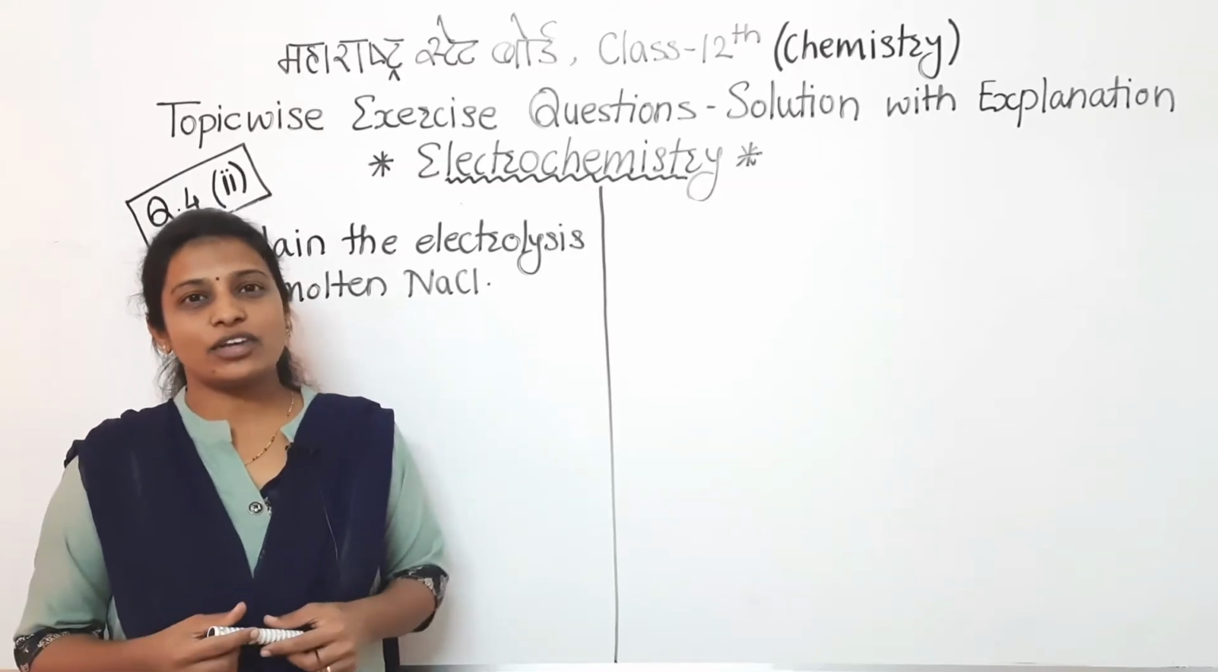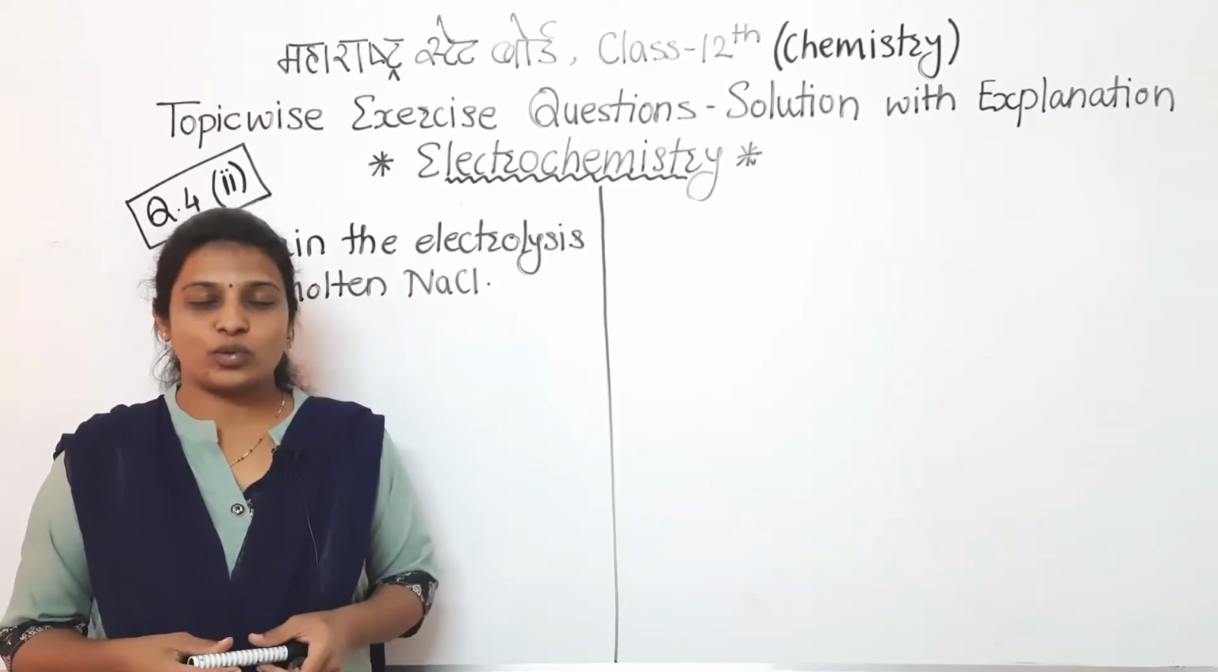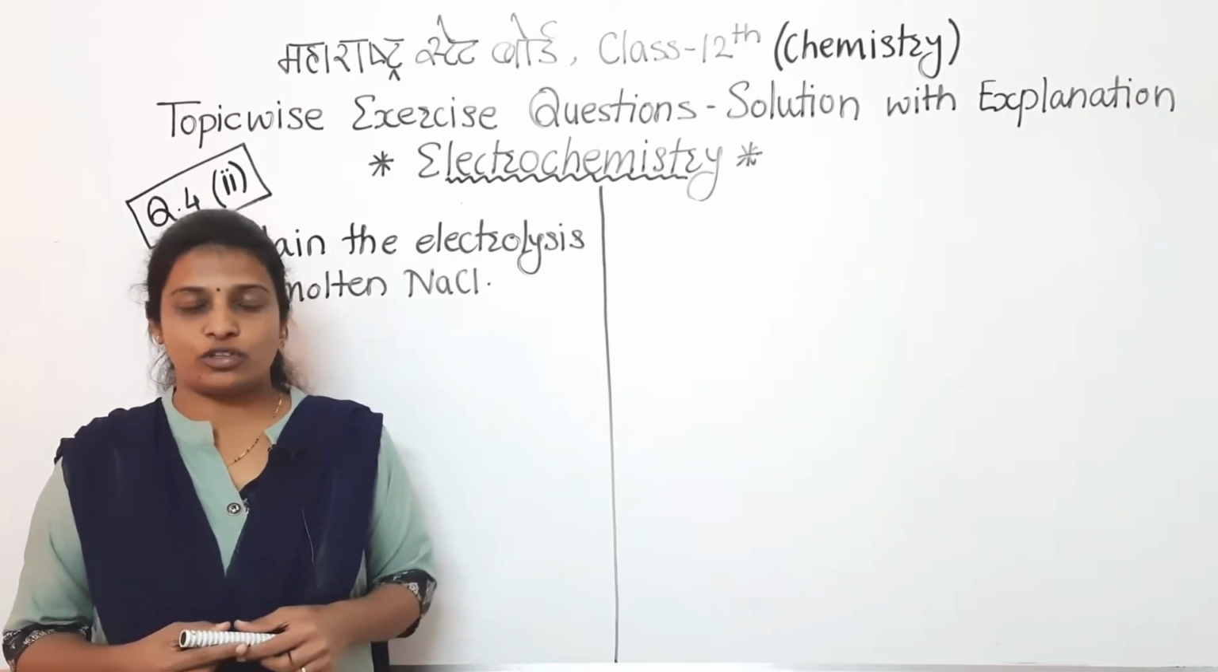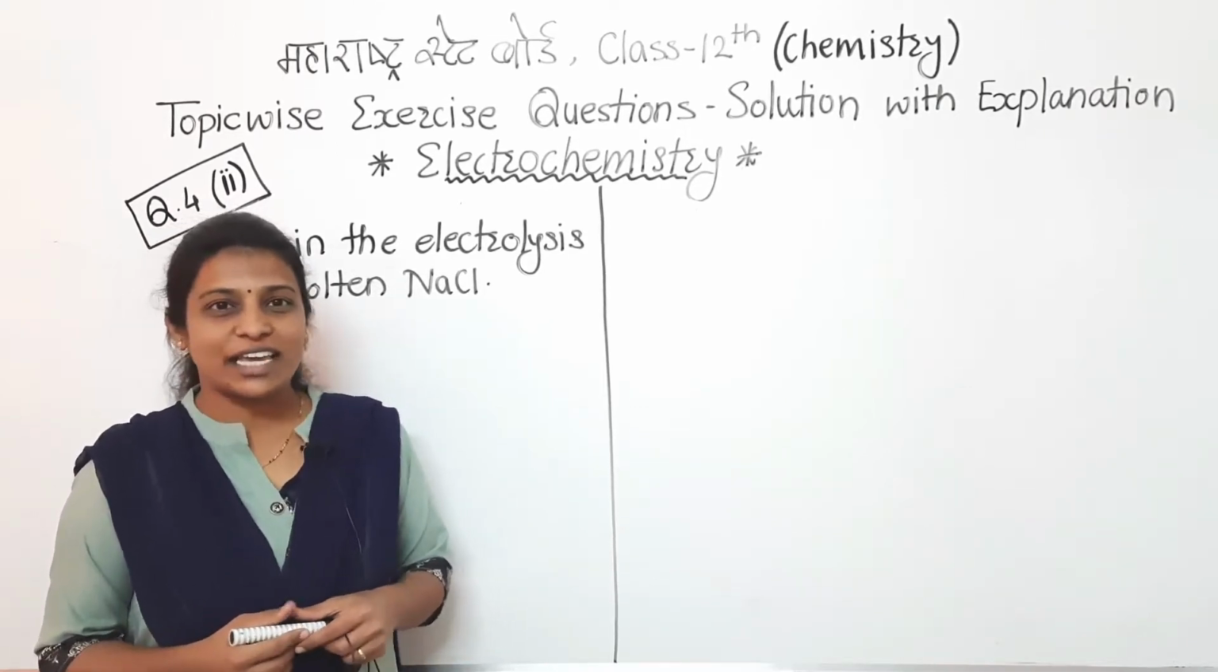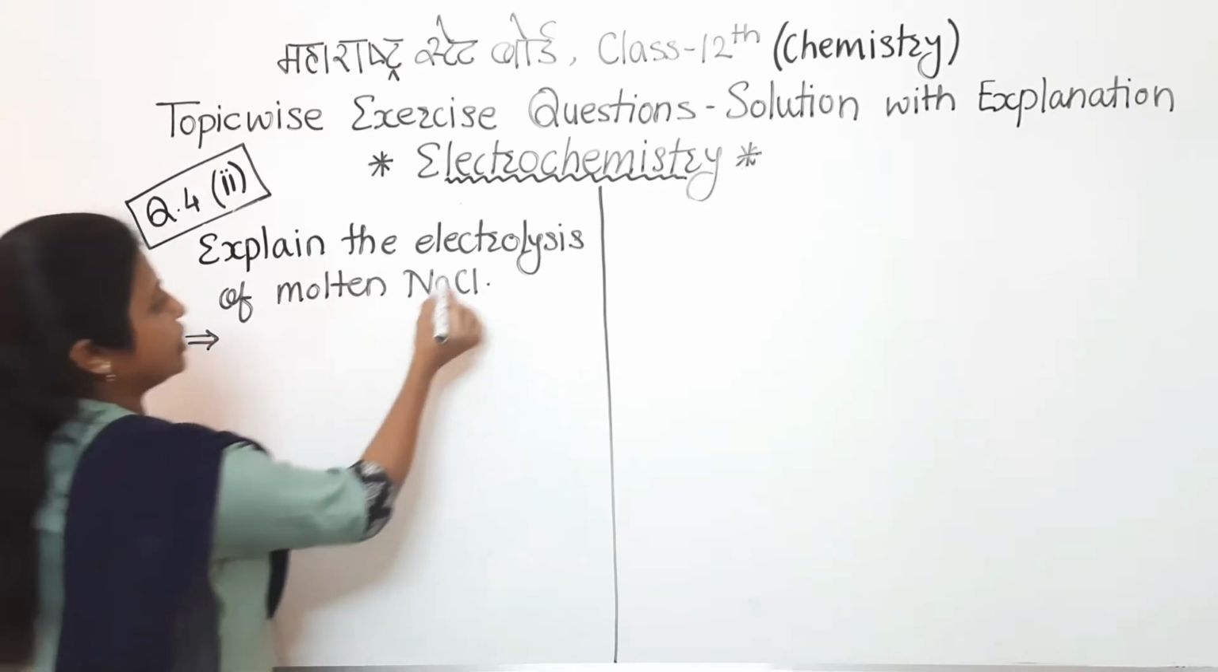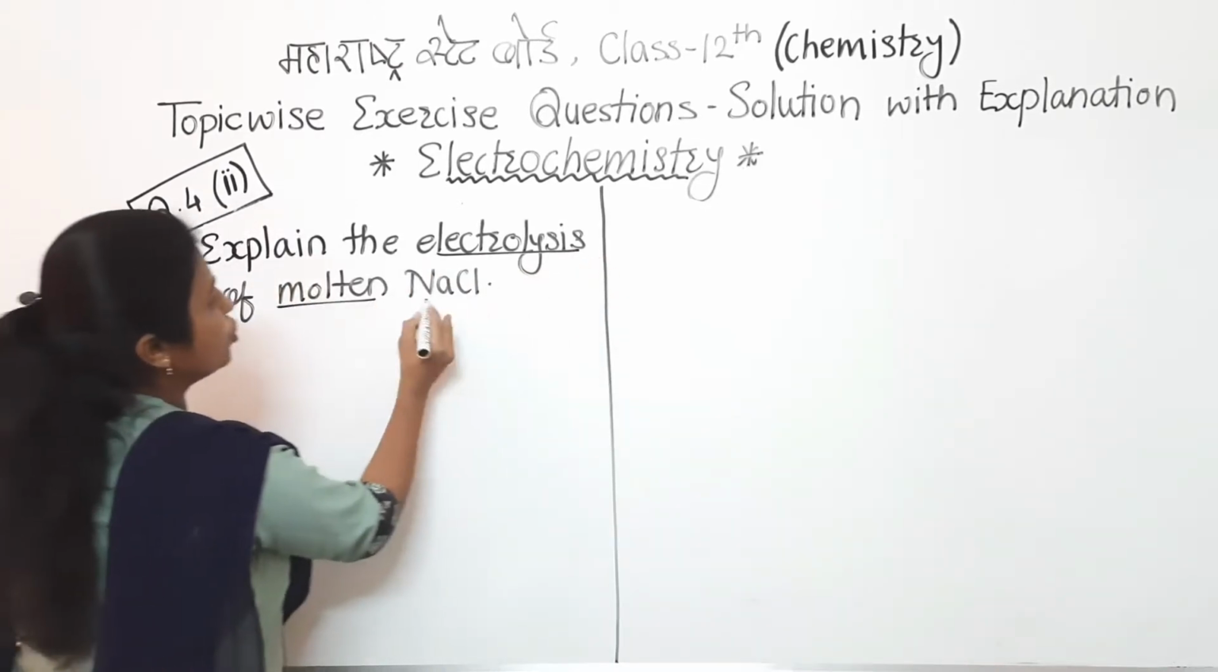Hello friends, in electrochemistry, we have completed the first question which was related to Coulomb's law. Now we are going to discuss the second question, and that second question is related to the electrolysis of molten